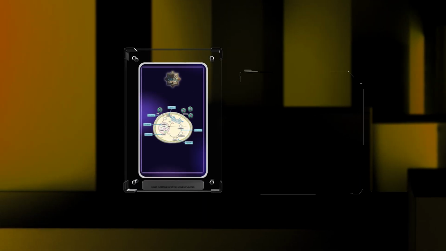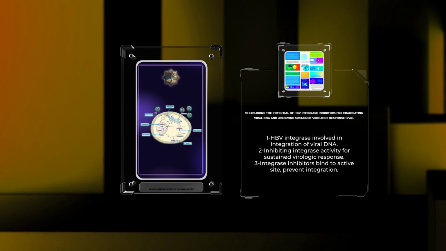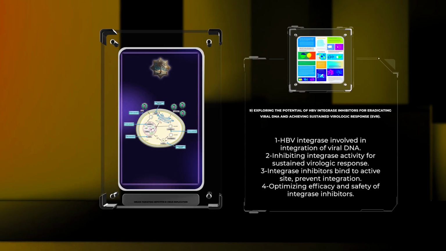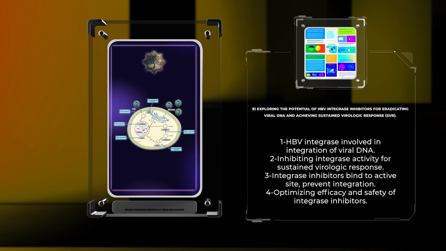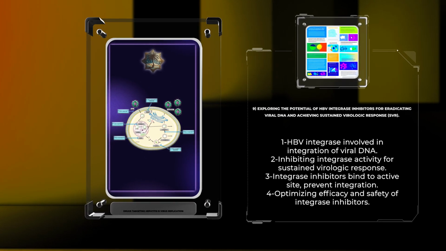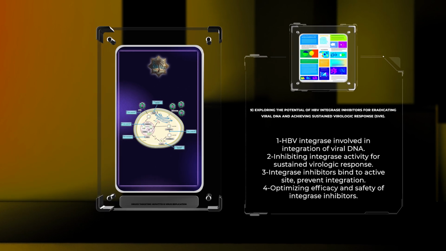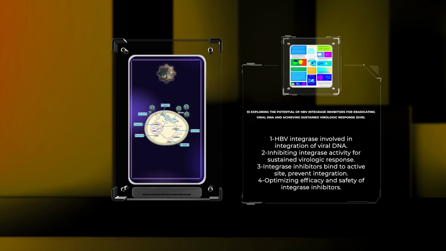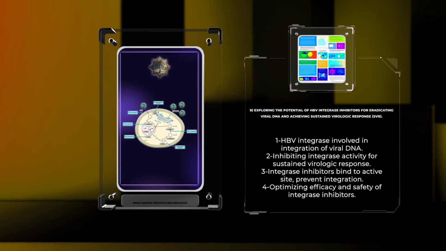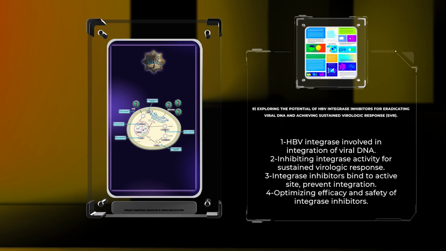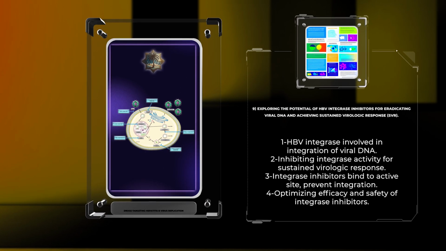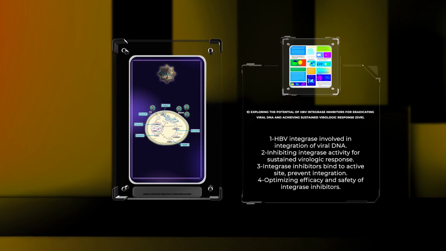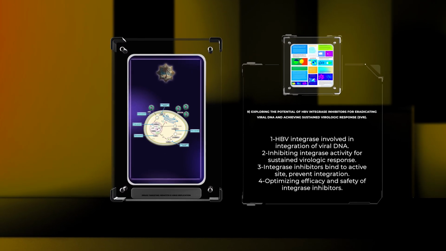HBV integrase is an essential enzyme involved in the integration of viral DNA into the host genome, leading to persistent infection. Inhibiting HBV integrase activity represents a promising strategy for eradicating viral DNA and achieving sustained virologic response, SVR. Integrase inhibitors interfere with the integration process by binding to the active site of HBV integrase. This prevents the integration of viral DNA into the host genome, leading to reduced viral persistence and increased chances of achieving SVR. However, further research is needed to optimize the efficacy and safety of integrase inhibitors, ensuring their successful integration into the